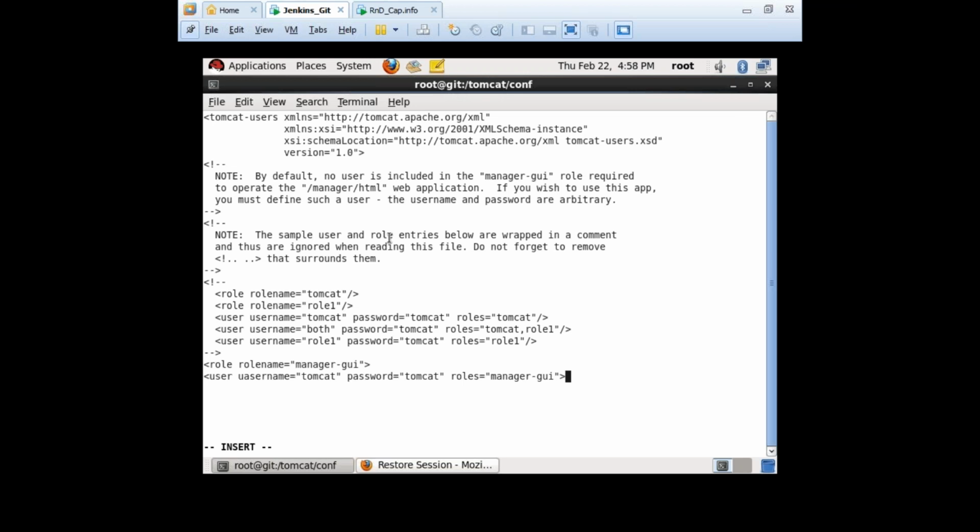But I want to deploy an application to this Tomcat server from Jenkins. If you want to deploy any applications, first of all you need to create a user within this application, and then give these user credentials within Jenkins. We'll see that later on. As of now, the role which we are using is the manager-gui role. Then save this file.